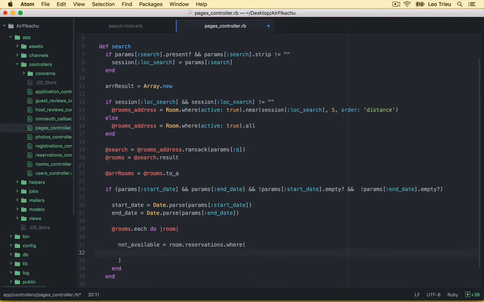Okay, so inside here, first I'm going to check if we got the start date greater than this one and the start date greater than this range, or just copy this one, and this one we change to end date,